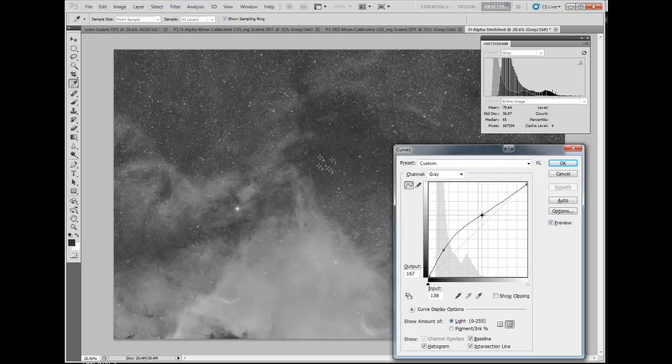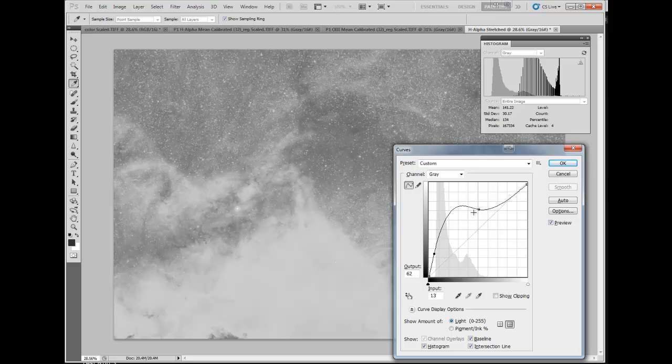But there's an interesting problem we have here. We're going to use this as color, but the brighter you make this, the less color it will actually let through. So we don't want this to be too bright. We just want it to be very contrasty, yet we want all of this whiteness to shine through. So what we're going to do is we're going to be really aggressive